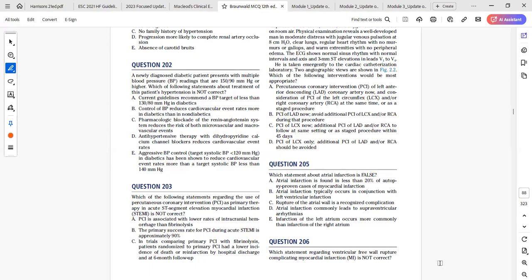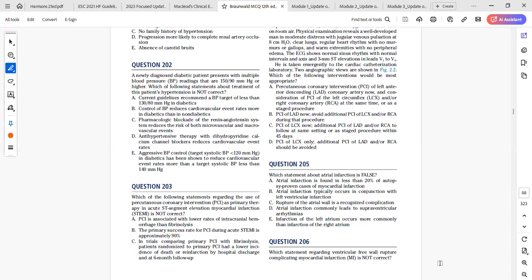So if you look at the question they asked, they are looking for the false answer. They said which one is false about atrial infarction. Going by what I just explained, it actually occurs in about 7 to 17% of people. You see that less than 20% makes option A correct. Then, atrial infarction typically occurs in conjunction with left ventricular infarction. I already said it can occur with it. It can occur in isolation and can also occur with left ventricular infarction. And like I said, the atrial wall can also rupture when this infarction occurs. And they can also have some form of arrhythmias in conjunction with this atrial infarction.